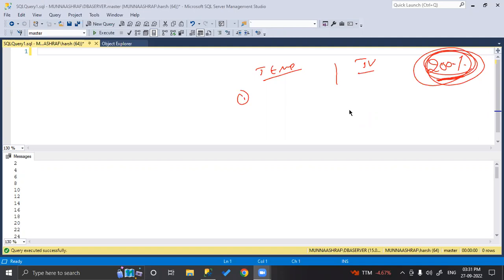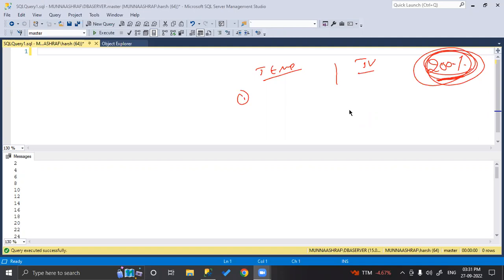Table variable will be stored under RAM. Done? Yes. So write the next point.